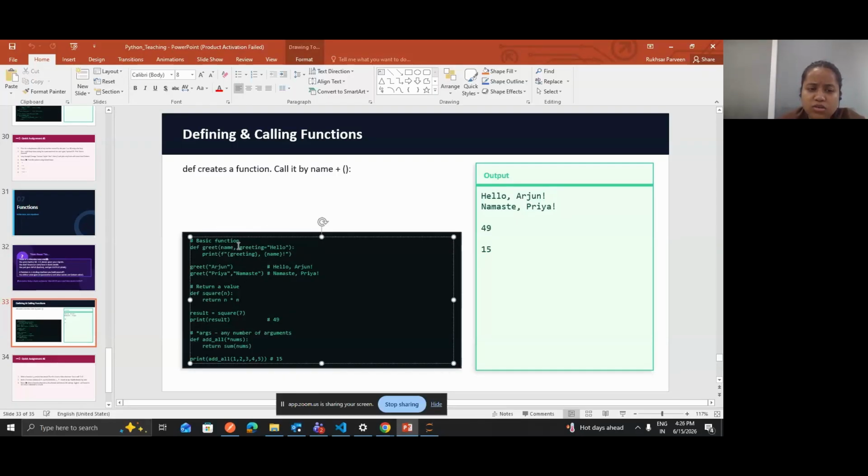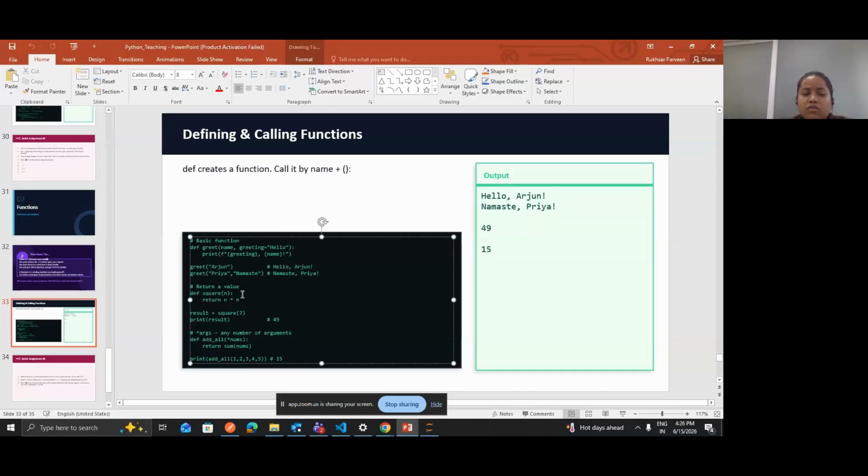So name is Arjun, and we are not passing anything inside greeting, right? So it will simply print the greeting, which is hello, and Arjun: hello Arjun. Now the next one is greet Priya, and we are passing both the parameters. The first one is name and the second one is greeting. So this one will print Namaste Priya.